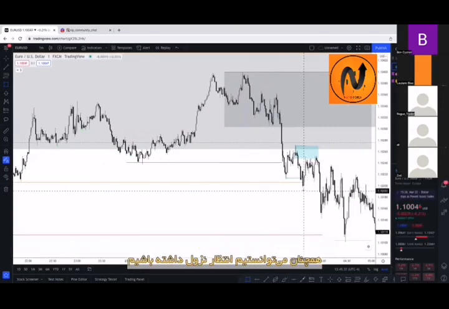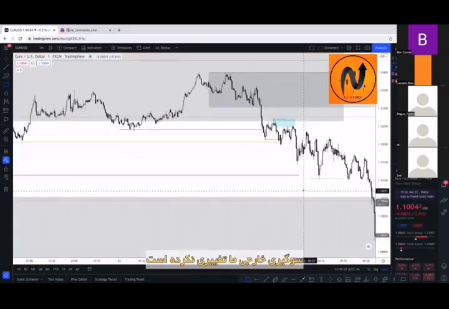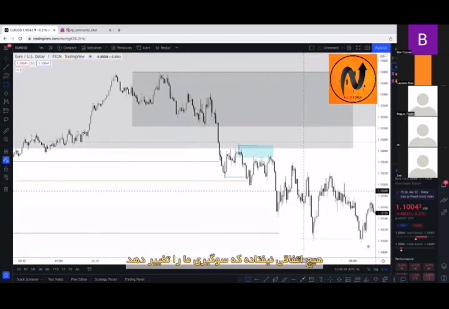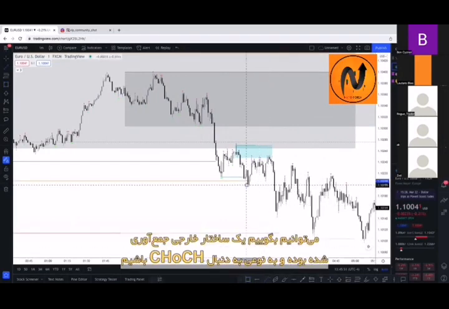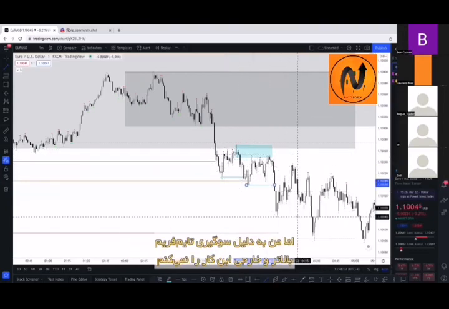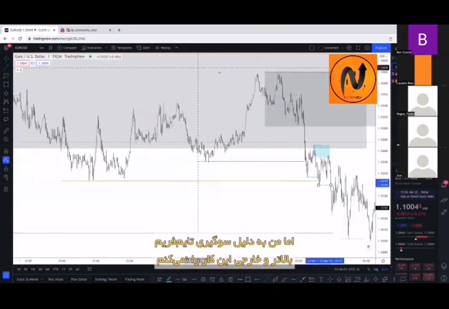We can still expect the short. Our high time frame bias has not changed. Our external bias has not changed. Our bias has just not changed. There's nothing to tell us to change our bias. I will say, because we did come and sweep some sort of external structure, right? In a way, we can look for that change of character, but I wouldn't,